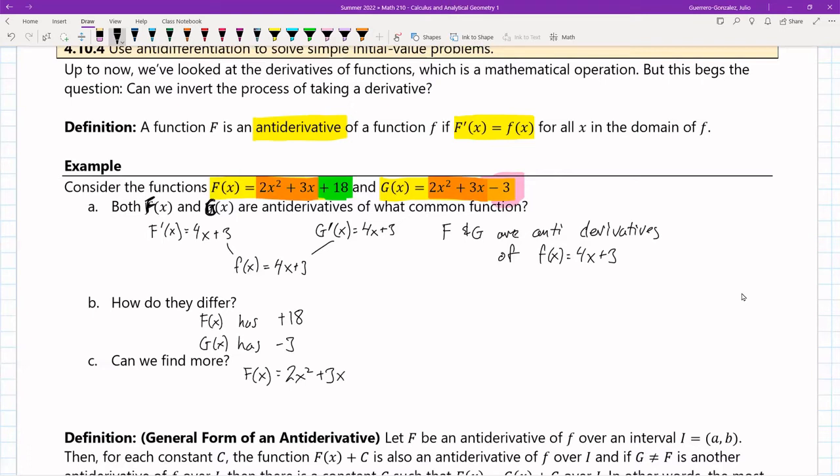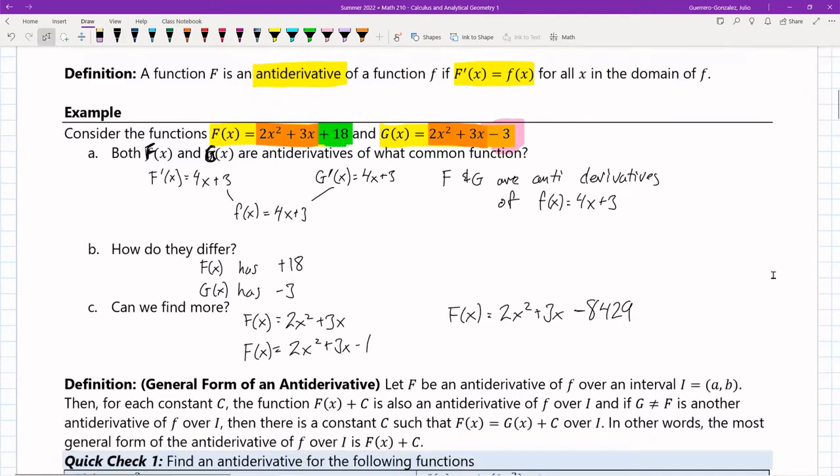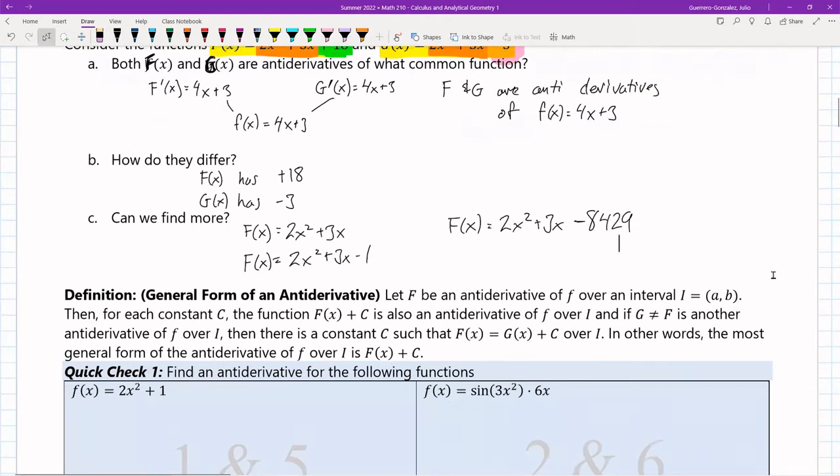Right? Another one, f of x is 2x squared plus 3x minus 1. That's another one, right? F of x, big F of x is 2x squared plus 3x minus 8,429. That's another one, right? Because if we take the derivatives of any three of these, we still get back that little f of x. Okay, and that brings us to the first definition of the general form for an antiderivative,